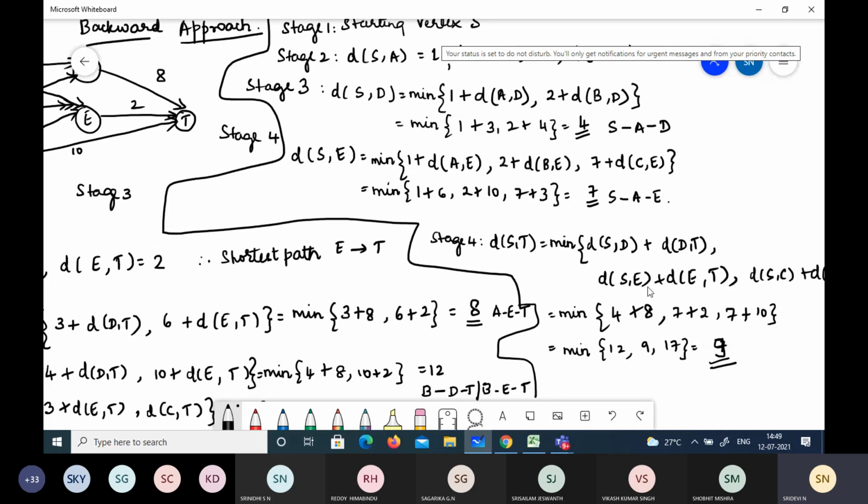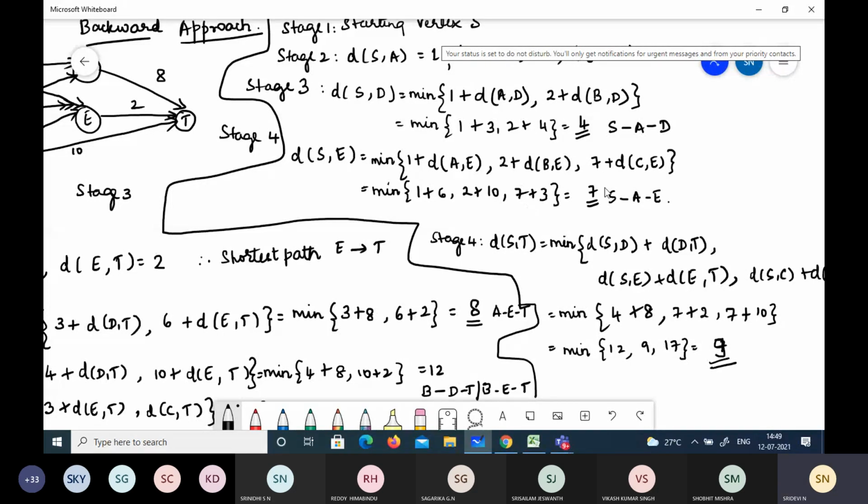What is the path? To reach 9, we should check S to A, as you all know. So I should look in here, this part.